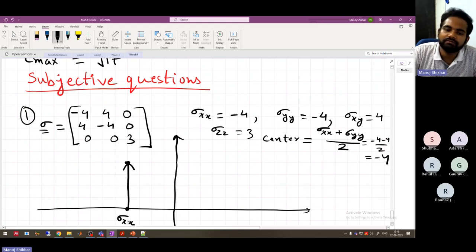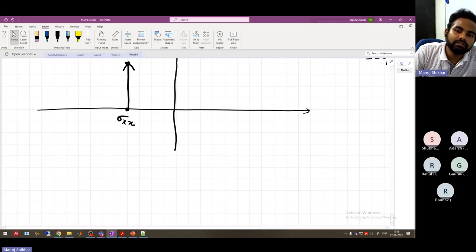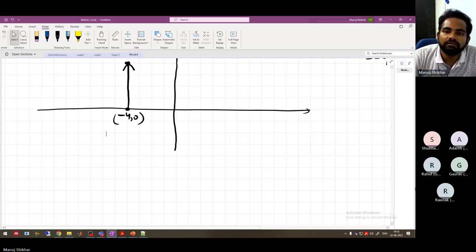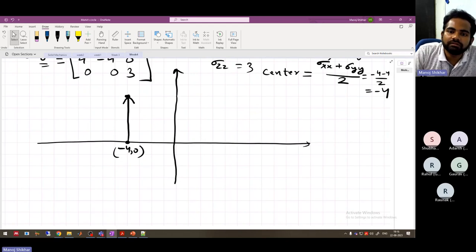This answer is minus 4. The center lies here only at minus 4 because sigma xx and sigma yy were same. So this is our center, minus 4 comma 0. Thus, directly our radius becomes the tau xy. So this plane is what? This is even plane. So if we draw a circle,